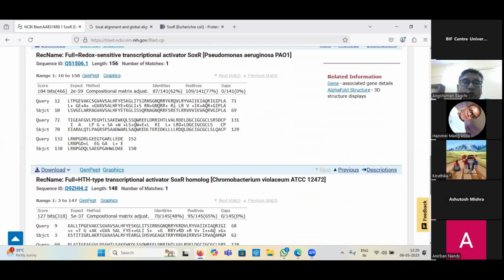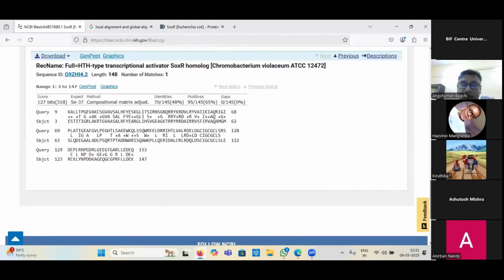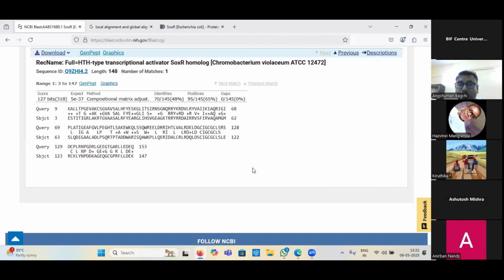See, here you will get to know what positives are. These are the positives because aspartic acid, this is D is aspartic acid, E is glutamic acid. These two have similar physicochemical characteristics. So they are called positive. Isoleucine and valine, they have similar physicochemical characteristics. So they are called positives. So up to this, there are no gaps. I'll show you what gaps are, but